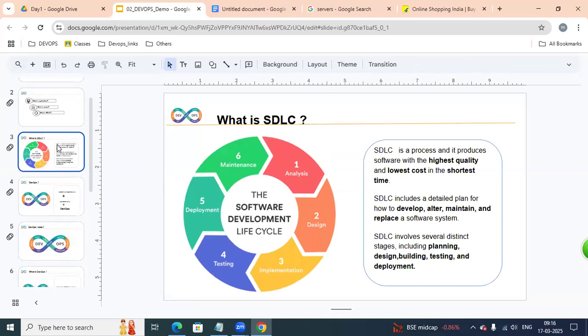What exactly is SDLC? SDLC is the software development lifecycle.